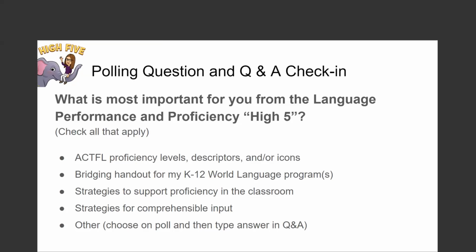Several of you also said the most important thing will be those bridging handouts. You've got to think about how your world language program goes from K-12 up to grade 12, regardless of when your students enter, how proficiency works across that K-12 spectrum. A few of you also said that knowing more about the actual proficiency levels or descriptors and other icons is helpful. And keep in mind that there's a lot of information available about those proficiency levels and descriptors, and it's even available from ACTFL in 13 different languages. And so that's also part of what's on the World Languages website. If you wanted to read it in a language other than English, you could get that information.